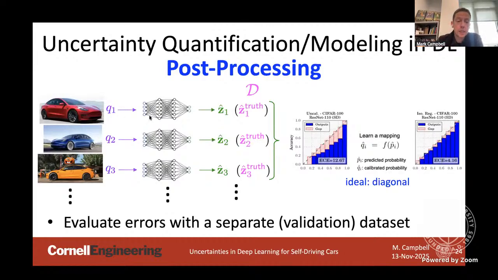The idea here is that, again, you have 3 different images, let's say, of 3 different cars. You get 3 different predictions. You have the truth measure, and then what you do is you compare the truth measure to your actual prediction, and you create an error. Okay, and so the error here, the outputs are in blue, and this is your sort of probability or the confidence level, sort of what's coming out of your network, and then the truth is basically all along